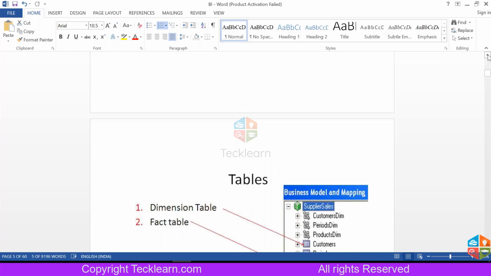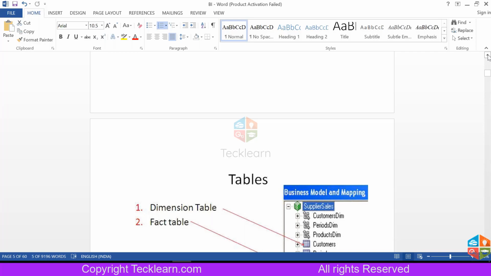For example, let us take some department. If you take department as a table, what are the columns it might have? Department ID, department name, location, department head, likewise. In that, when you have no measure, you can call it a dimension table.